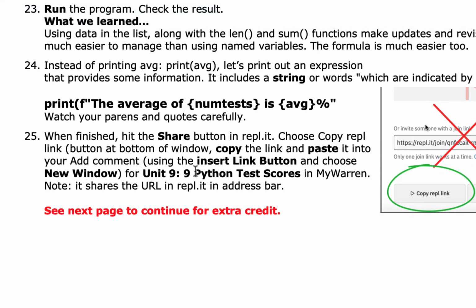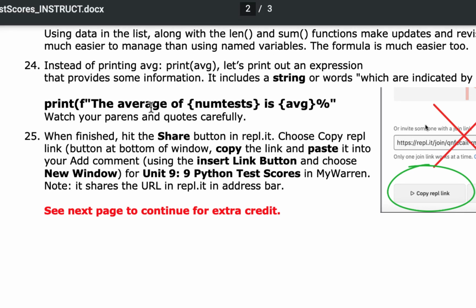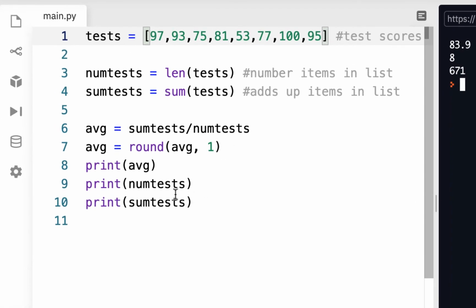But this last thing here, it's a print statement, and it's actually a string, and it incorporates variables inside the string. So we're saying the average of so many tests is average percent. So let's do that, and I could just look at it here. But what we're going to do, instead of just printing the average, I'm going to go here and print something else. I'll go inside here, and I'll just backspace and make sure I start off with empty parentheses, and I'll